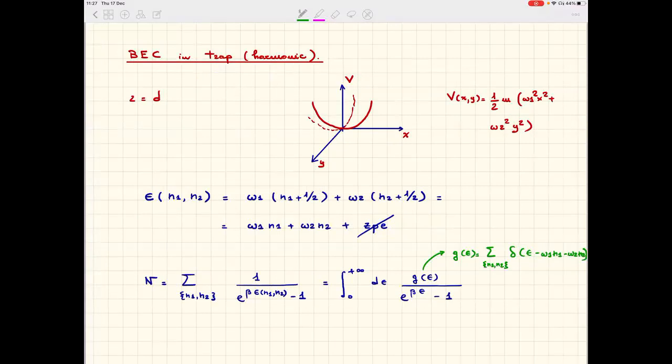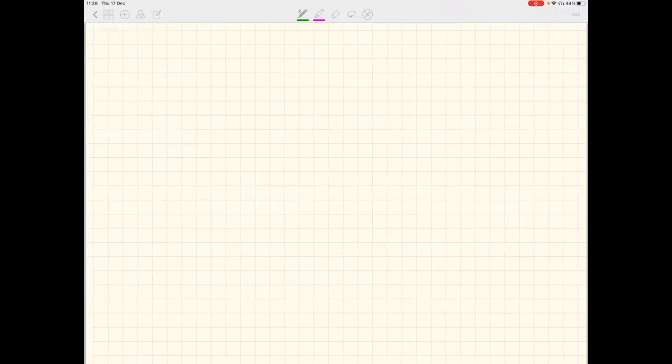How do you usually calculate the density of states? Well, let's see. For example, I have to do it here, for this g of epsilon that is sitting here. So I have to compute g of epsilon